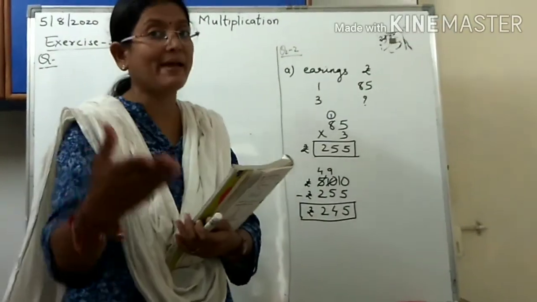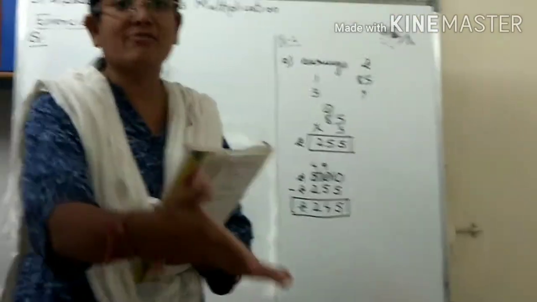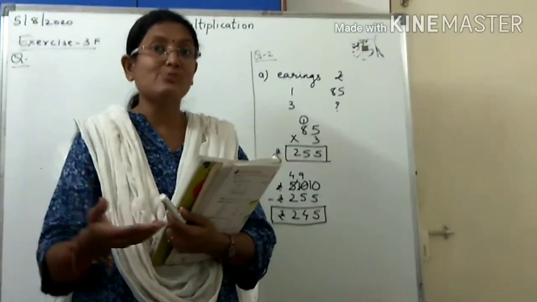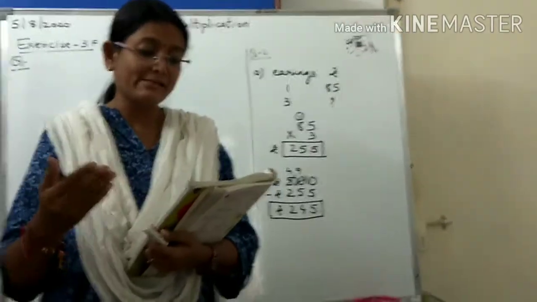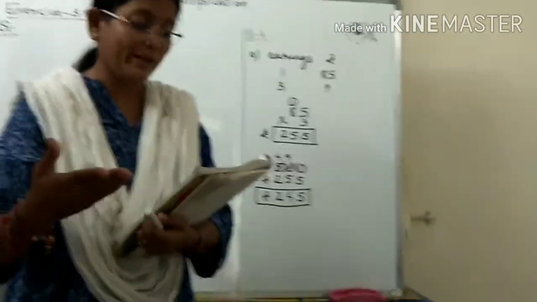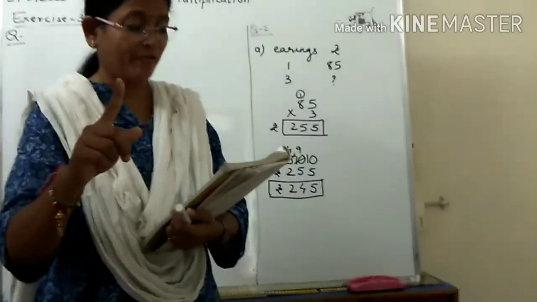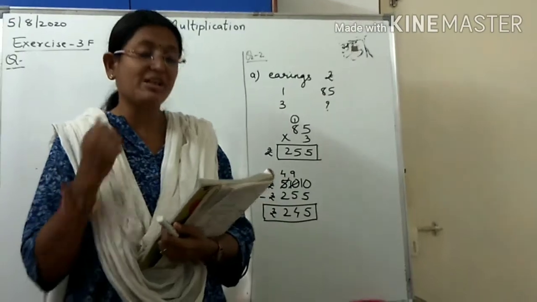Now what is the meaning of spent? When you are buying something, you are paying someone the money. That is called you spent that money. And you earn means you are getting the money. So here Sheetal is spending how much money? Rupees 178.50 and she is earning rupees 249. How much money does she have now?